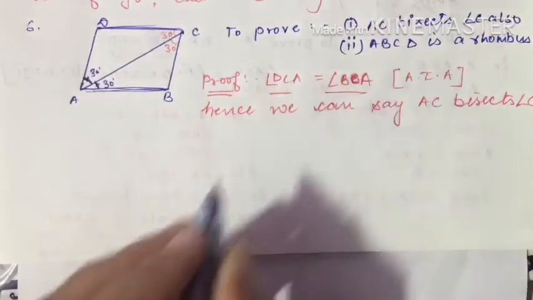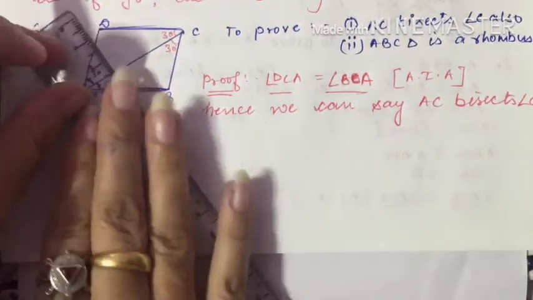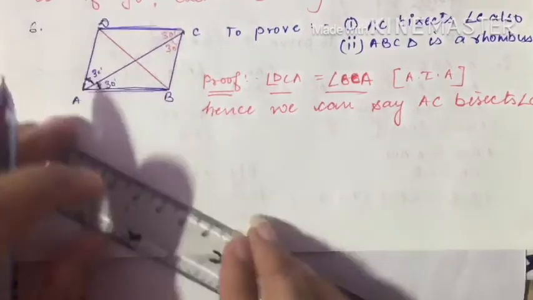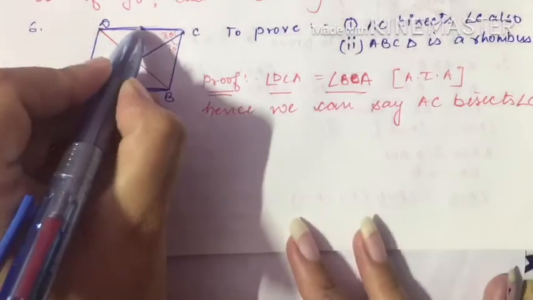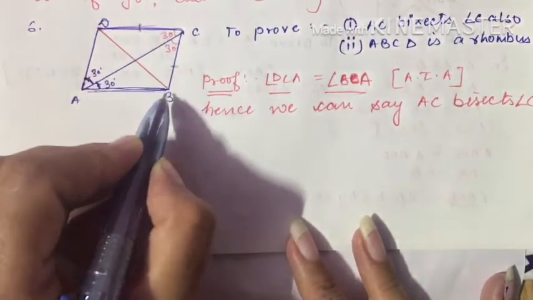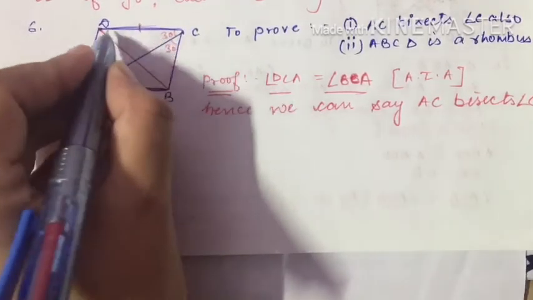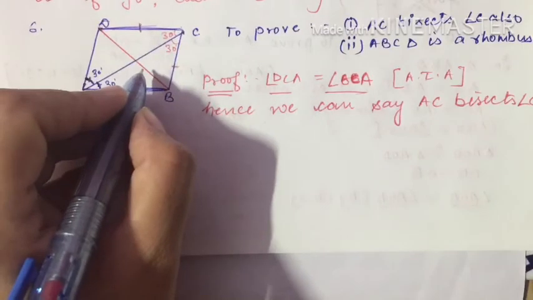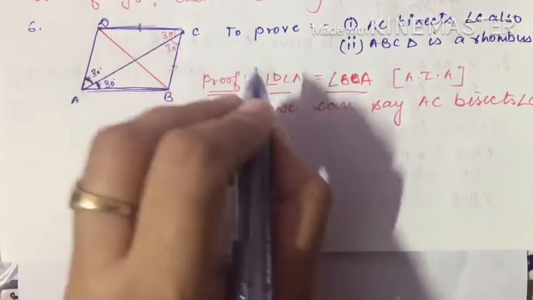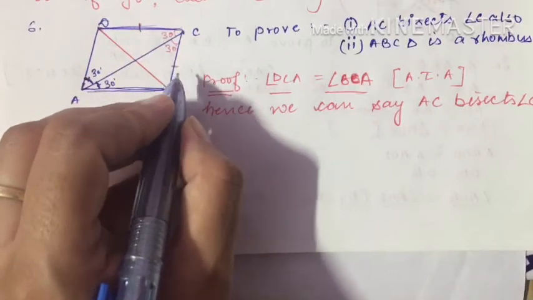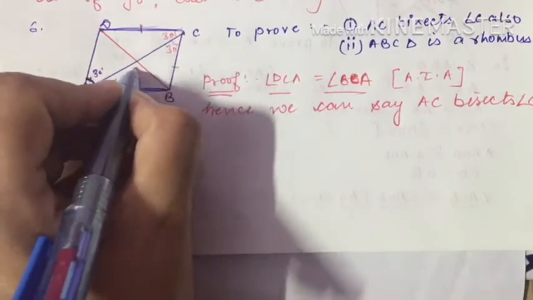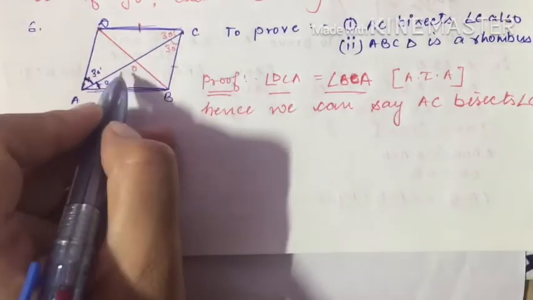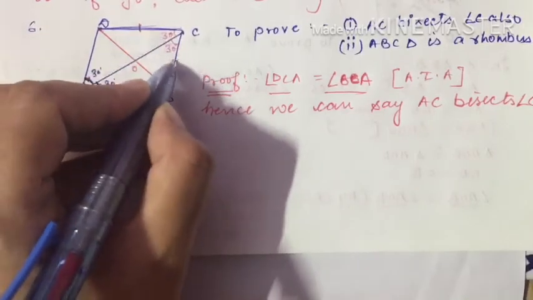Okay, just see ABCD is a rhombus. That means we want to prove that these adjacent sides are also equal. Okay, we have drawn another diagonal here. What do we have to prove? I just want to prove that DC is equal to BC. Okay, just see in triangle BCD, if these two sides, this is what I have to prove. Okay, these two sides, this angle is of 30 degree, this angle is of 30 degree. We have proved, and this is common. This OC is common to both. And what we have to prove here, these two are equal. I have to show that these are equal.